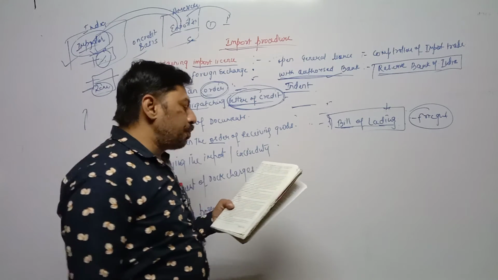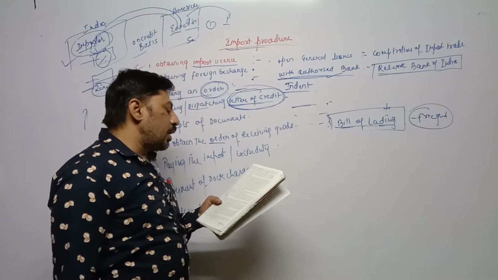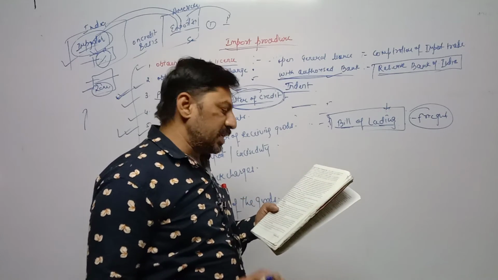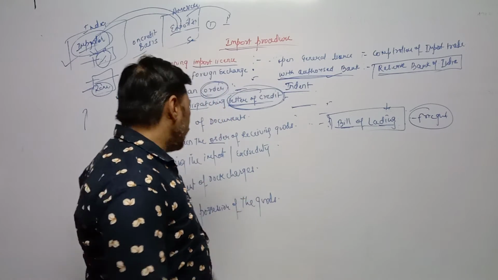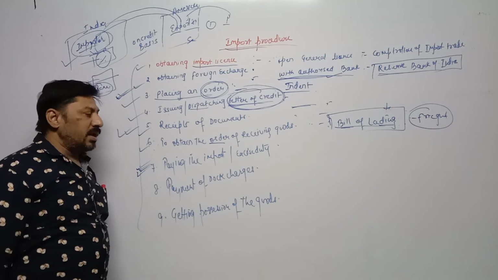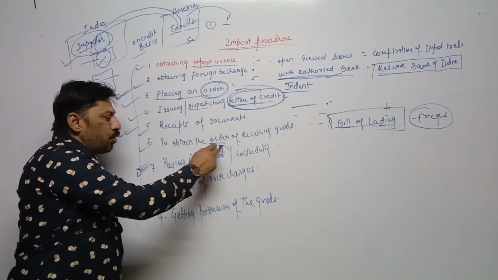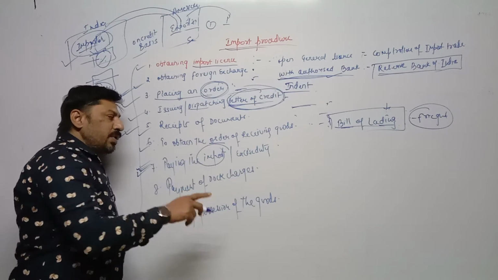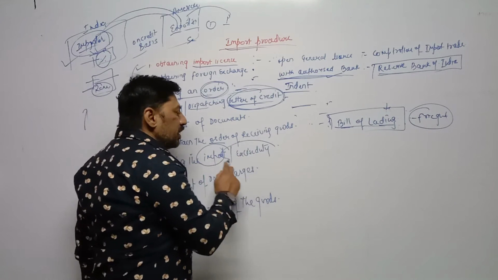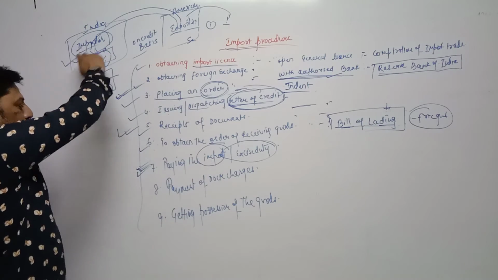The importer has to pay import duty on the imported goods. The goods are not allowed to be brought outside the port until the import duty is paid. A simple explanation is there. So if the exporter has sent the goods by air, then at the airport, or to the airport agency, the importer has to pay import duty or excise duty. Without paying it, the airport agency will not give the goods to the importer.